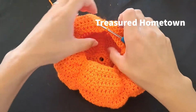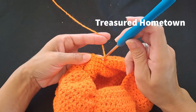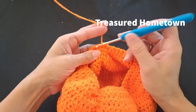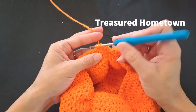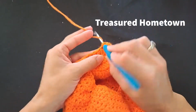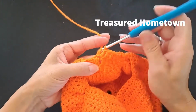All right, so we've just completed round 19. For round 20, we'll go ahead and start with chain 1. And then for our repeats, same as we've done for other rounds, our first single crochet goes into that same stitch we slip stitched into to join, and then single crochet into the next stitch, and then double crochet, decrease, double crochet into the next 2 stitches, double crochet, decrease,